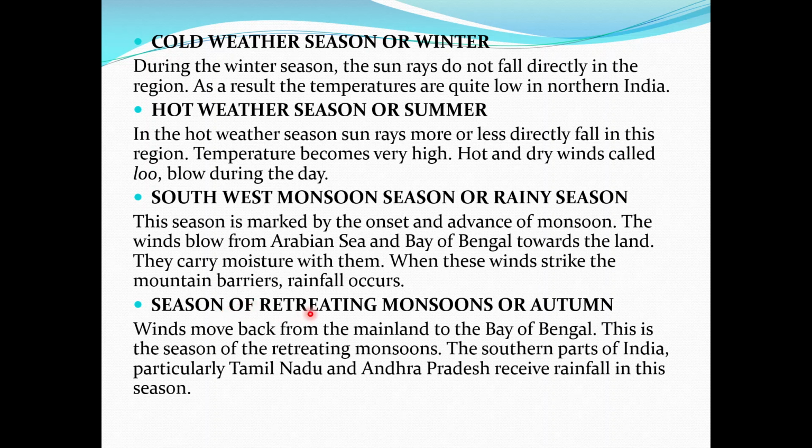Then fourth is our retreating monsoon. The retreating monsoon is the autumn season, that comes in the month of October. At that time showers and rain come from the western side. We have talked in the earlier classes about our Eastern Ghats and the Western Ghats. The retreating monsoons come from our Western Ghats side, meaning Tamil Nadu and Andhra Pradesh. They receive much rainfall, and sometimes there are showers in our northern part also, coming from the winds from the west side of our country.